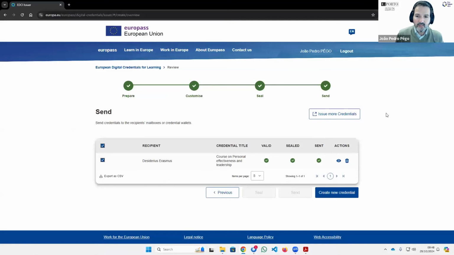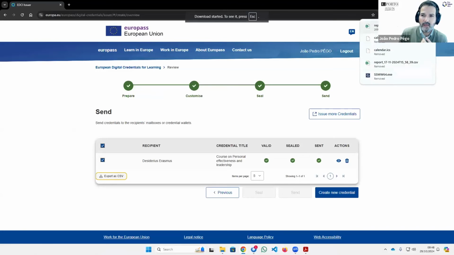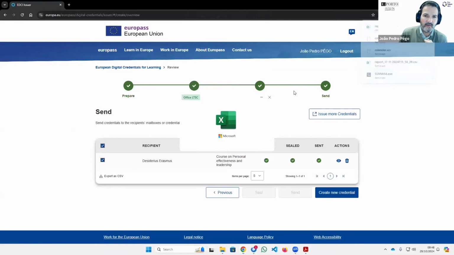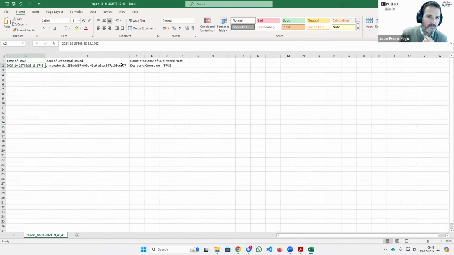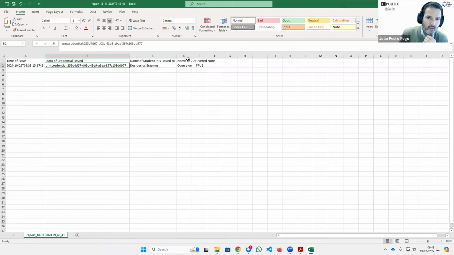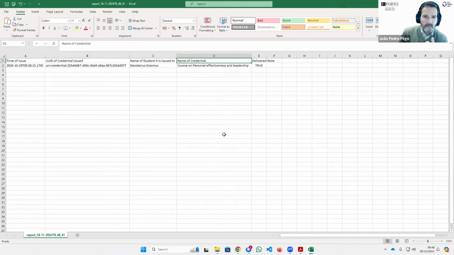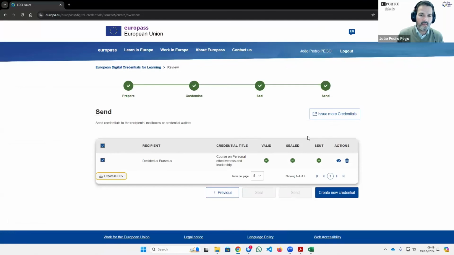Just to say, when you reach this point where you send the EDC to your clients, to your trainees, if you close this window, you stop knowing which credentials you have issued. So you can export this CSV file that will have the credentials you've issued. I'll try to open it. Okay, so in this case it has a new ID and who got it and if it was delivered. All right, so if you don't download the CSV file, you lose track, unless you note it by hand, of how many credentials and to whom